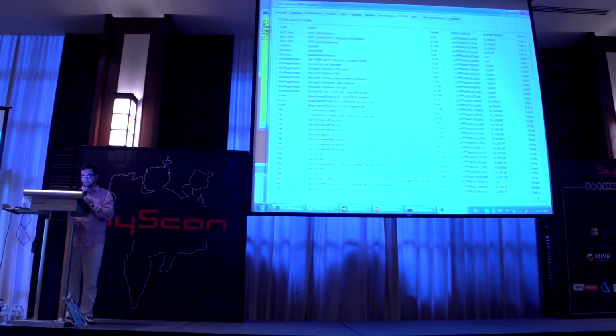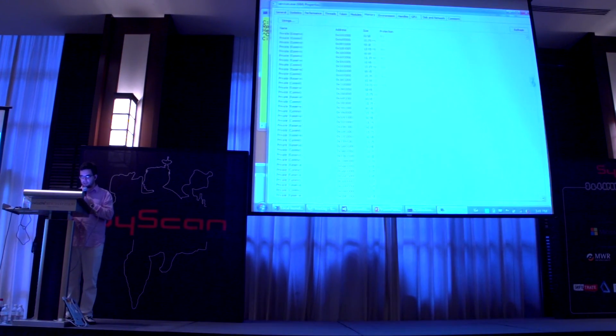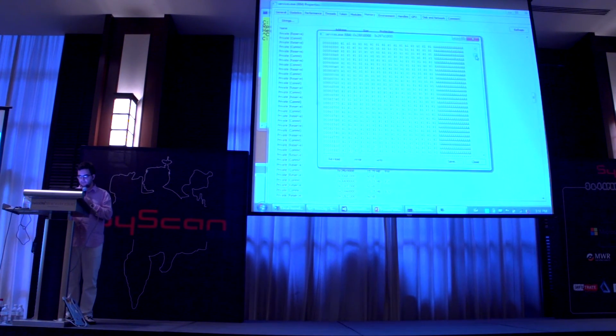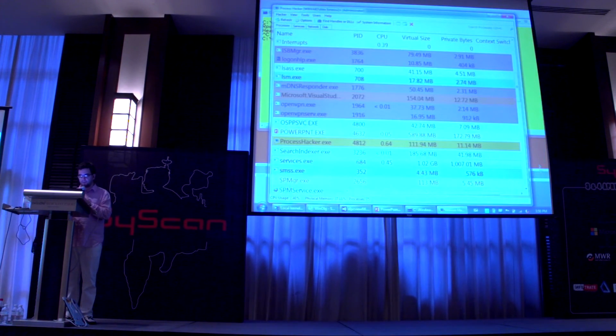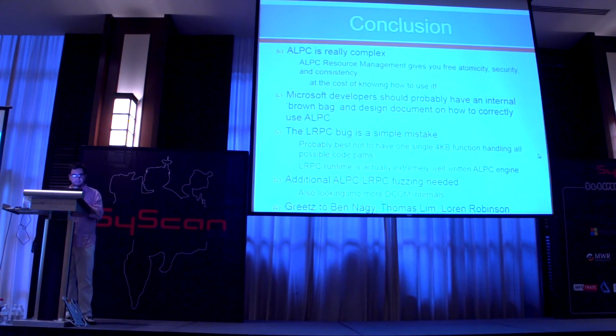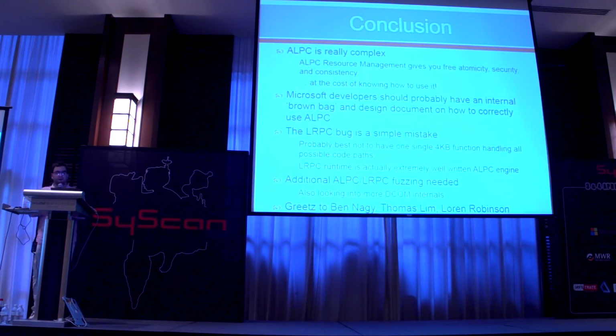And if I look at its memory, somewhere in here are all these read-write heap sections, all filled with 4141, 4141, 41. So I can do this to any process out there. All of them almost have at least one ALPC port to something that's open. Pretty much everyone is hosting something. So I'll let it run in a minute, but I want to finish up by saying ALPC is really complex,